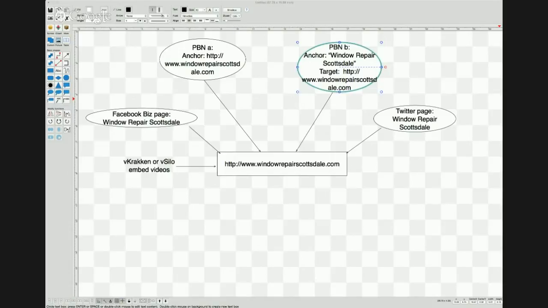Okay, it looks like I skipped over a question here from Wayne. How do you determine good link velocity for a new money site? I usually pace it with the keyword volume. If it's a very large search term, your link velocity can be much higher. But I usually like to get some people on my site before I build a lot of links to it. I think that looks a little more natural. So I'll try to get traffic to my site before I start building a lot of links. After I get traffic, the links help the ranking, I get more traffic, and I kind of pace it that way as well.